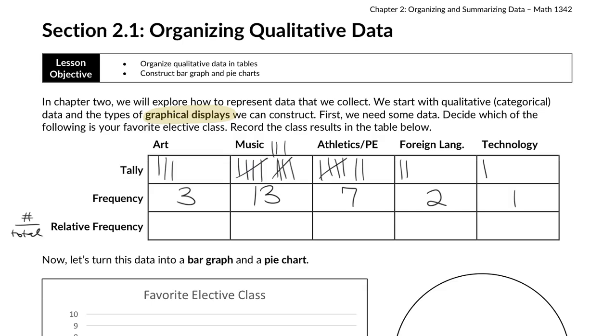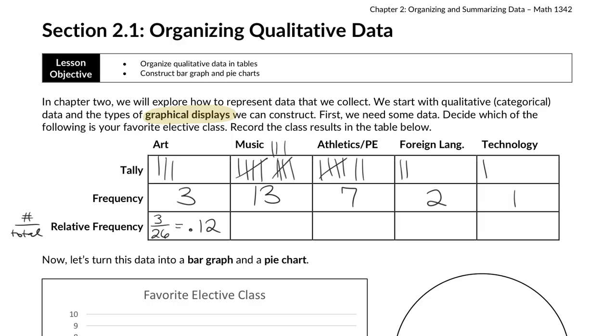Again, now that we're finding the relative frequency, we're just going to take the frequency of this response and divide it by the total number. So how many total people are in class today? 26. So for the first one to figure out what relative frequency art has amongst our class, we're going to type in our calculators, 3 divided by 26. We're going to round it to 2 decimals today. That's arbitrary. I just picked that. You have to pay attention to the problem, see what you should round to. So what is 3 divided by 26? 0.12. Yeah, we're rounding to 2 decimals. So 0.115 would round to 0.12.